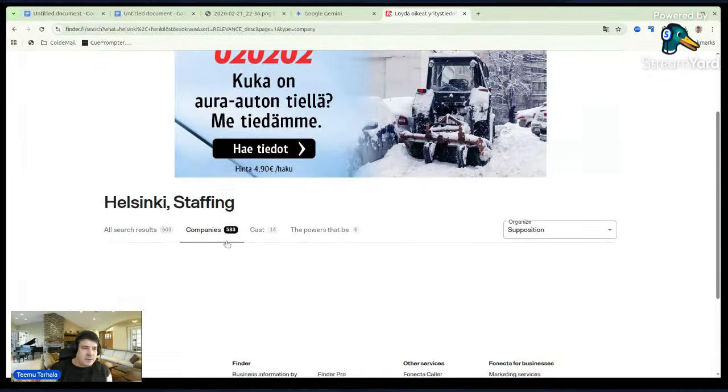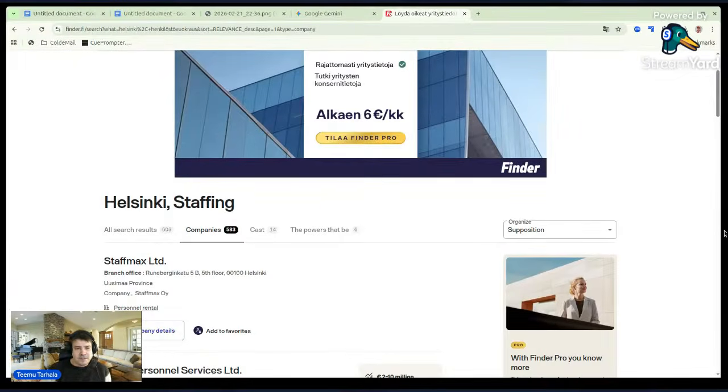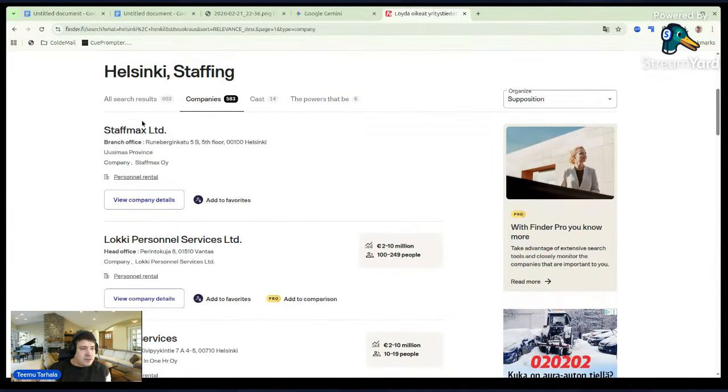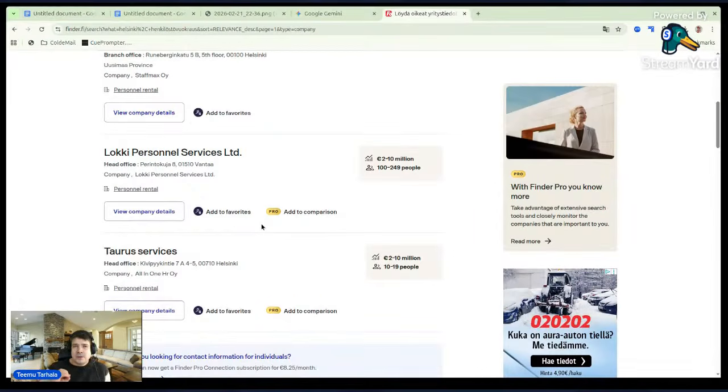The Helsinki area alone has 583. And then you just need to go through local companies and try to find which would fit your field. And you need to go through every one of them because they work in different fields.